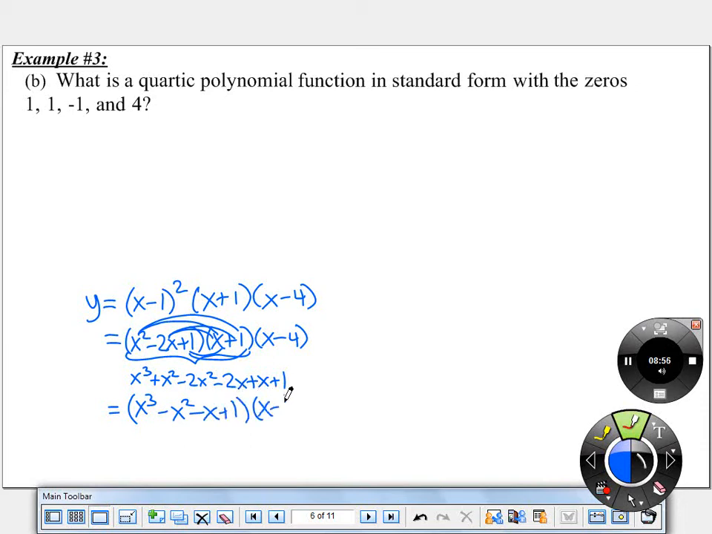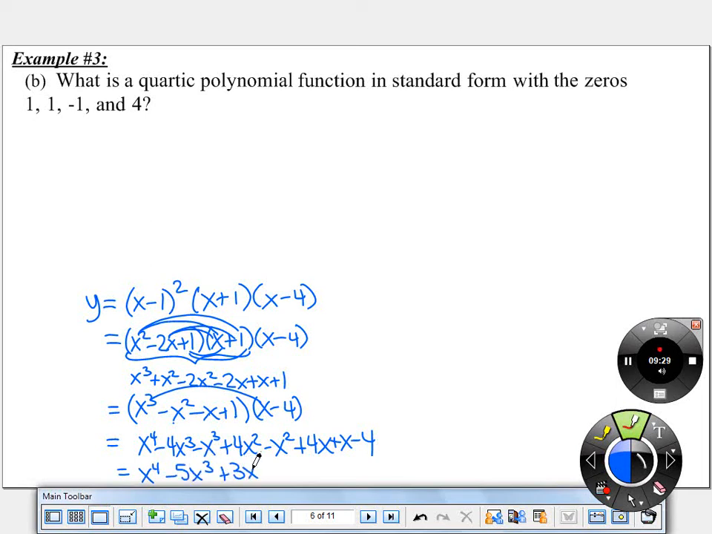That still needs to be multiplied times x minus 4. And then I'll go ahead and do this. So I have x to the 4th minus 4x cubed. Now I'm going to go ahead and distribute the negative x squared. So I'd have negative x cubed plus 4x squared. I'm now going to distribute the negative x. It's going to give me negative x squared plus 4x. I'm now going to distribute the 1, which is going to give me plus x and minus 4. So when I combine like terms, I'm going to have x to the 4th minus 5x cubed plus 3x squared